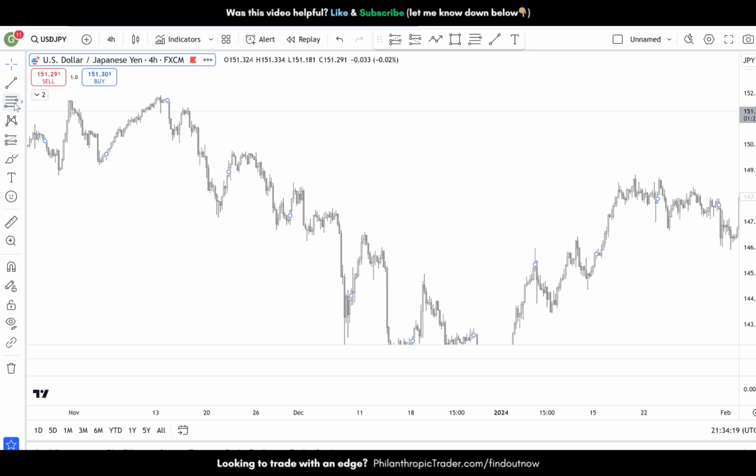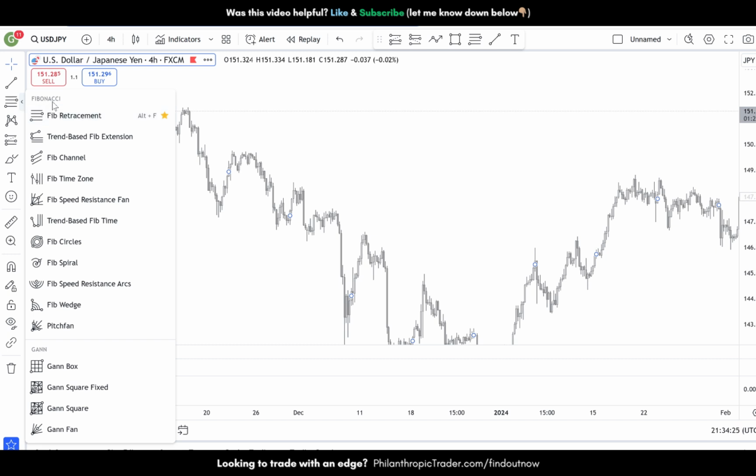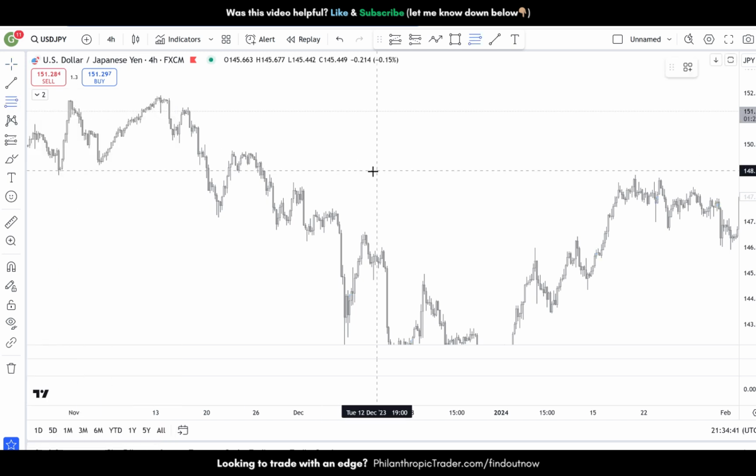So where do we find the Fibonacci tool? It's over here on the left side. And then we see, in this case, Fibonacci retracement. Here we see also the Fib channel, which is derived from that. We see trend-based Fib time, etc., etc. But I use this tool, the Fibonacci retracement. So when I click on that,